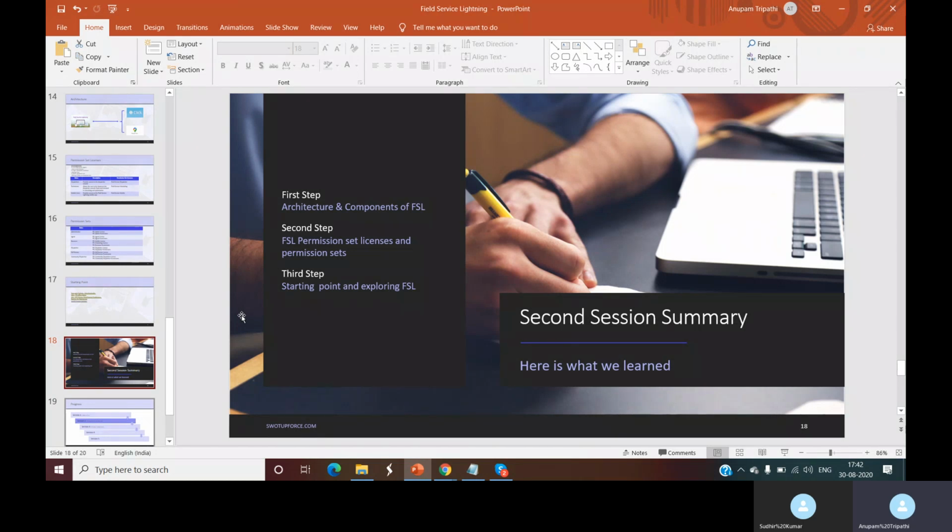The main components, we understood the permission set licenses and the permission sets, and we also started exploring field service. But due to the disruption in Salesforce, we were not able to do that. But definitely, we'll do it in the next session.